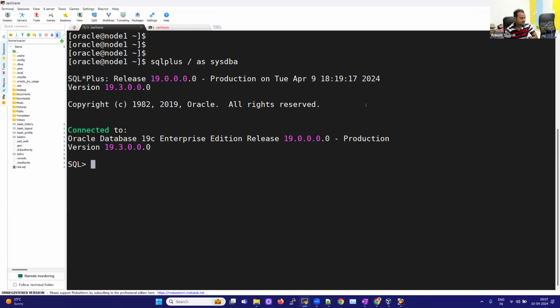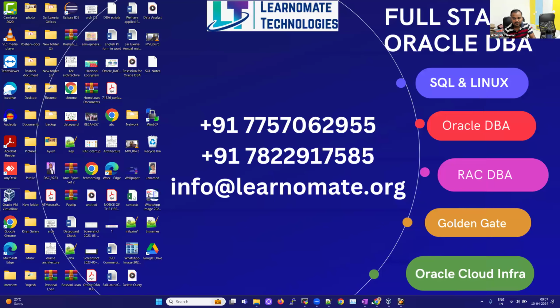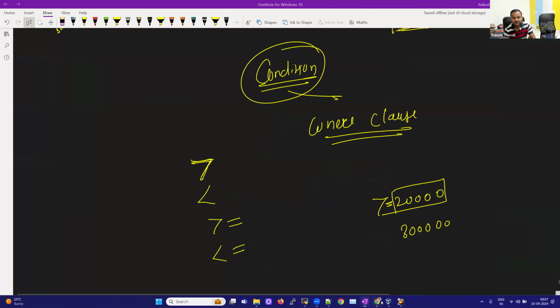So I think we started with the table space management, right? Let us try to understand about